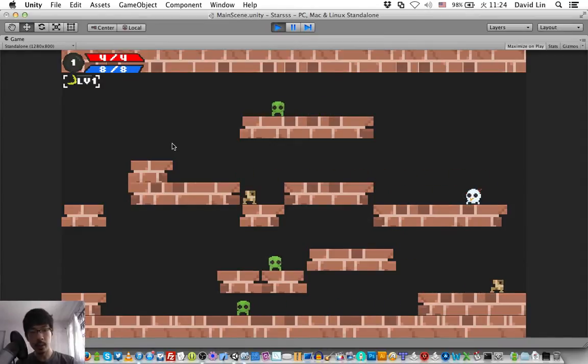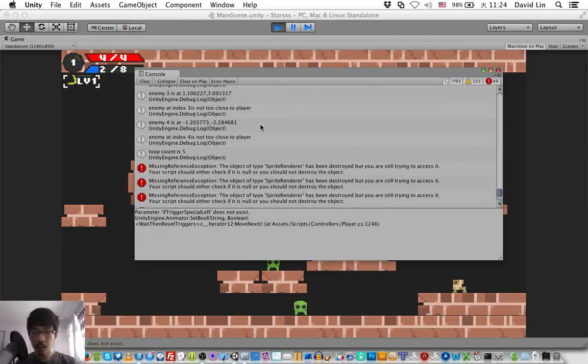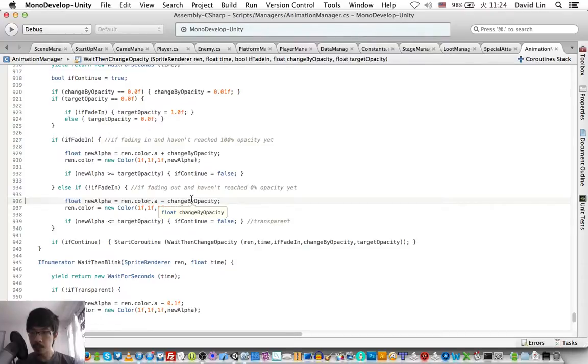Okay, so now when I press S to activate the special skill, I think I'm destroying the objects too early.